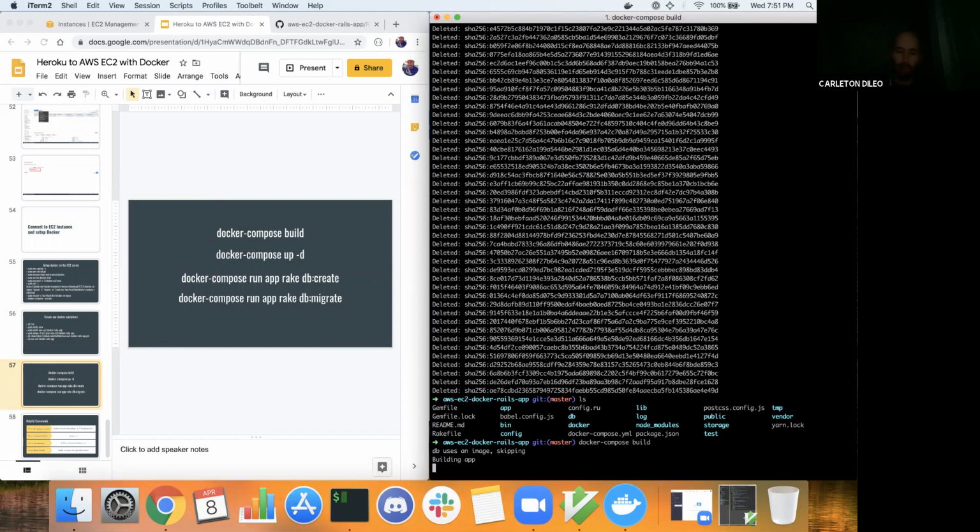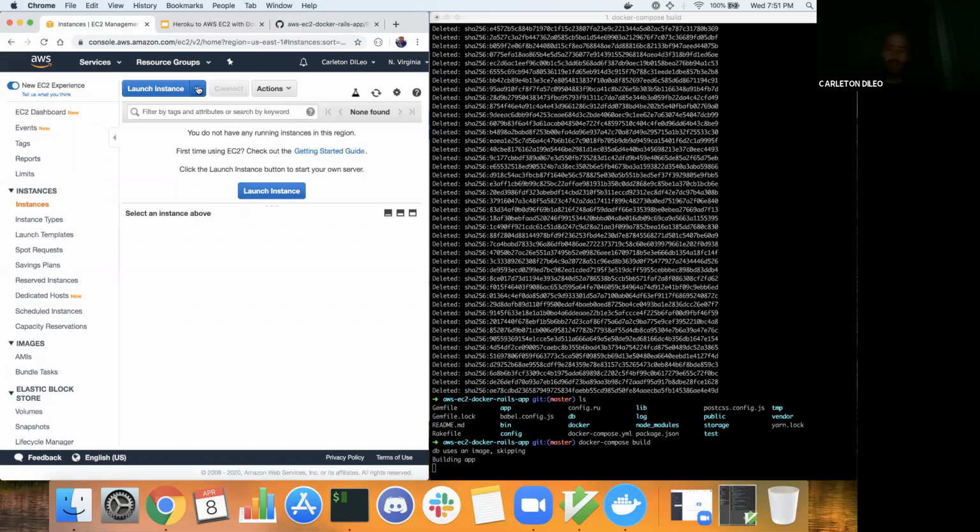And this is the part where we talked about, see, we're now using, DB is using an image, so we don't actually have to go and get the Docker config file. We simply download that image, which, since I've already done this before, it's already downloaded. And we start building the app. And this might take a very long time. So while we're doing this, I'm going to jump over and we're going to start launching